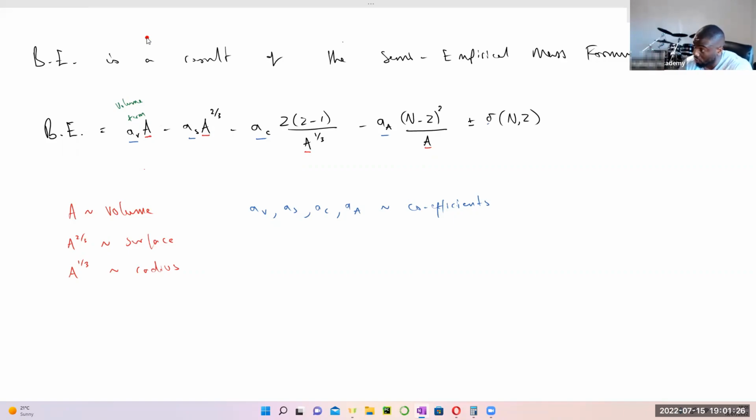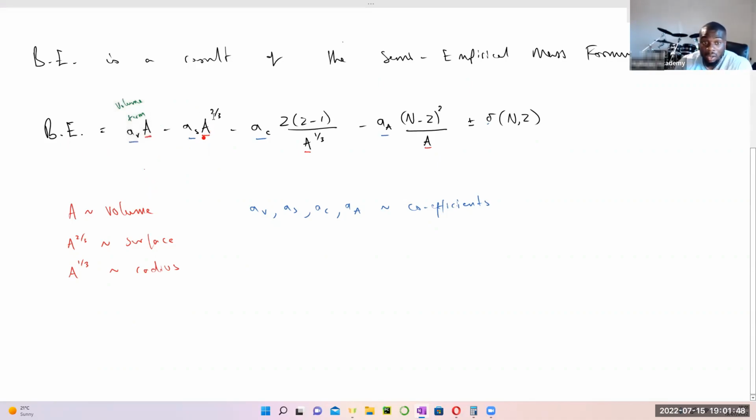Do you know what the strong nuclear force is? Yeah, that's the glue that's binding them together. So this term here is saying that because I have all these protons and neutrons in a volume, and I've got all this strong nuclear force glue binding them together, I've got a massive positive contribution to the binding energy,